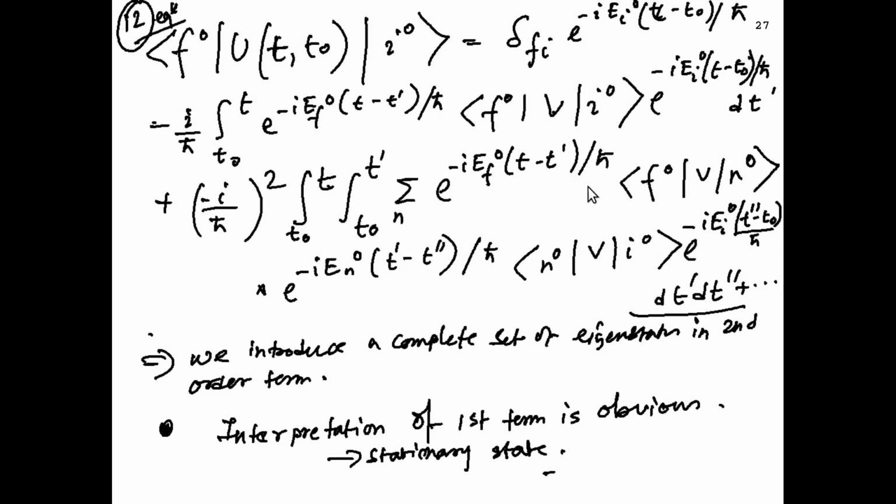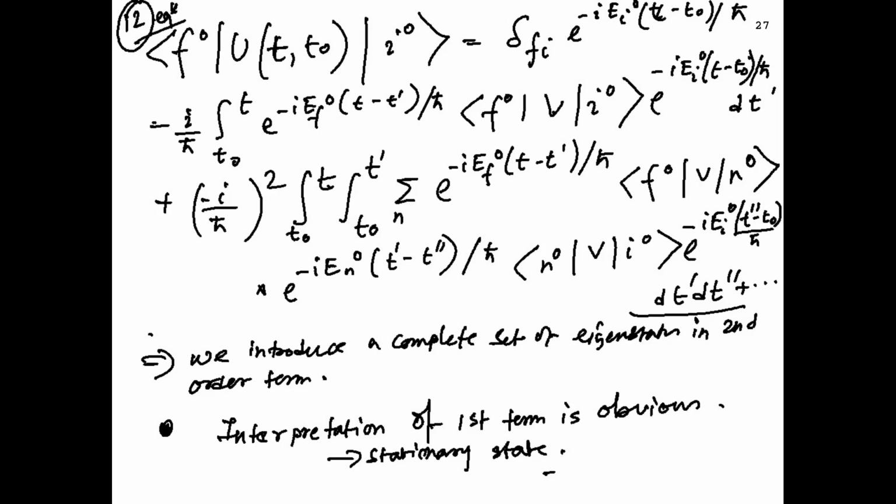In between, of course, when we go to higher orders, we introduce a complete set of eigenstates |n0><n0| and sum over n0. We need to do that because it could be in all the possible intermediate states; there is no guarantee that this term has to be evaluated only over a specific eigenstate. So now we have this formula, so let's try to understand and interpret it, and then a similar physical picture will emerge, and that will help us remember this complicated formula.